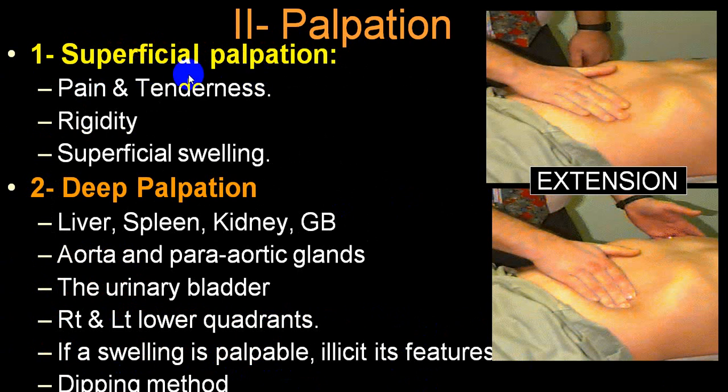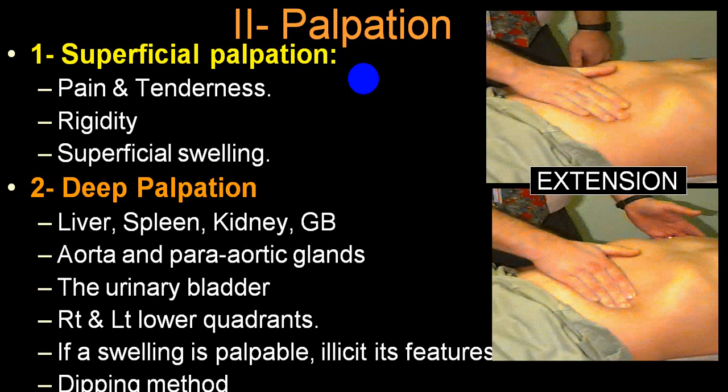As far as the superficial palpation is concerned, we have already mentioned that when you are palpating, it is a gentle movement over the abdominal wall, and you are looking for a continuous contraction of abdominal wall, which we call rigidity, and that will be very common in two classical conditions, peritonitis and tetanus. Yes, also in non-pathological conditions like a hysterical individual and a non-cooperative person. During this superficial palpation, it is always a single hand palpation, and it is without moving at the metacarpophalangeal joint. So you don't dip your finger into the abdomen.